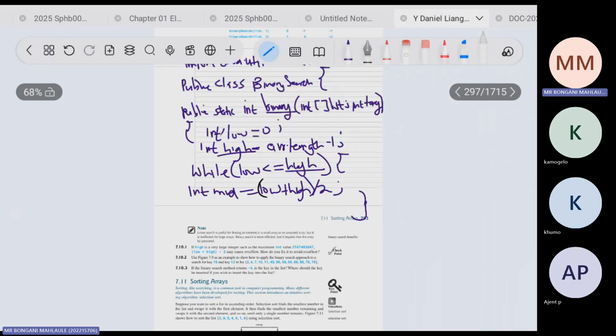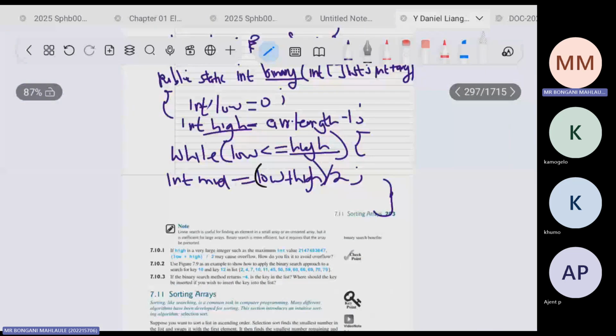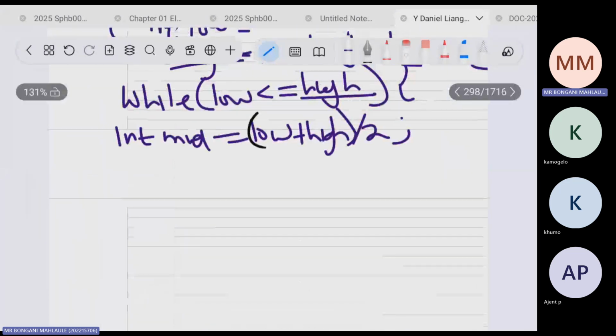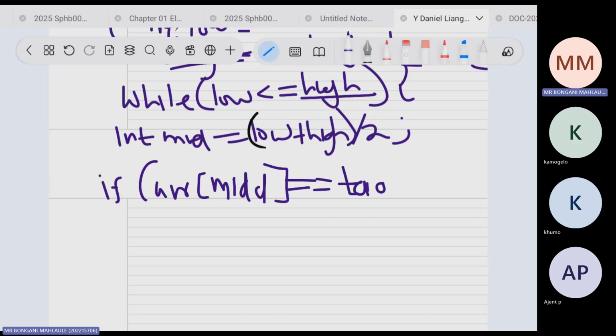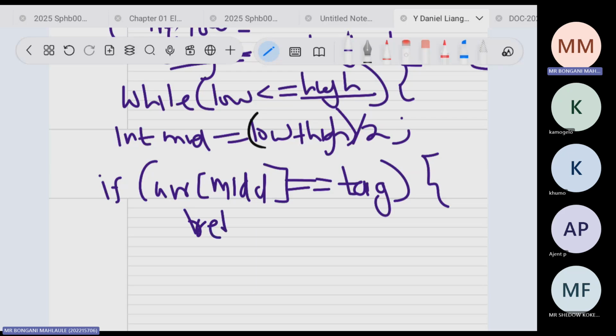Then you're going to come and do what after. You can create a new statement: if the middle element is equal to the target tag, then it can return the middle value. You agree with this one? Then else,